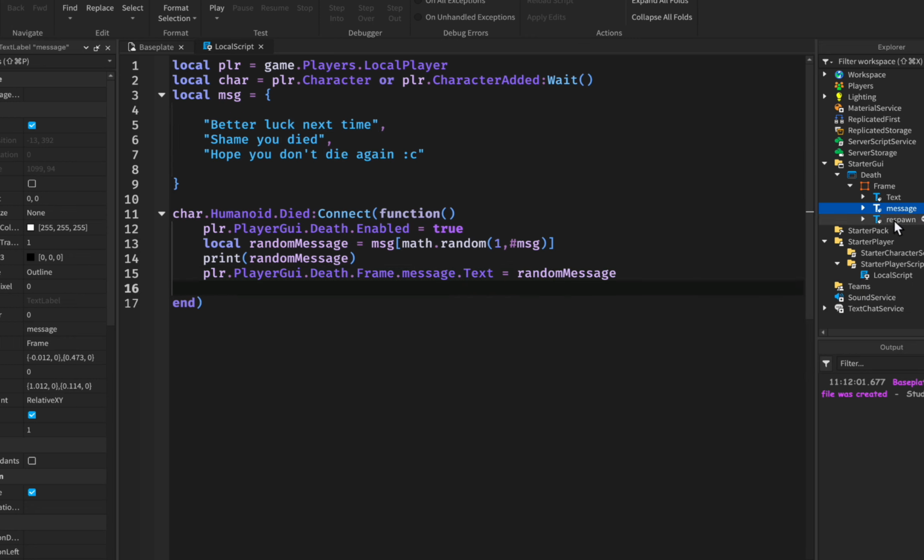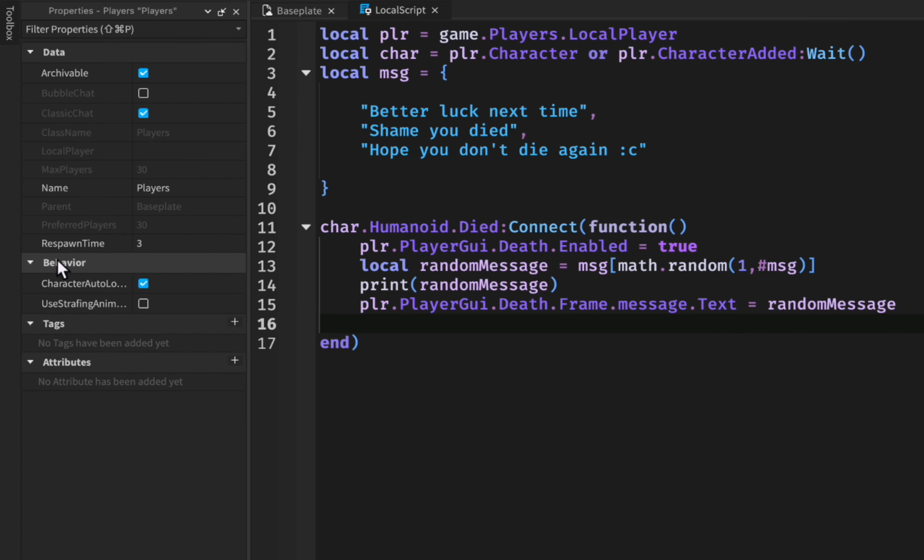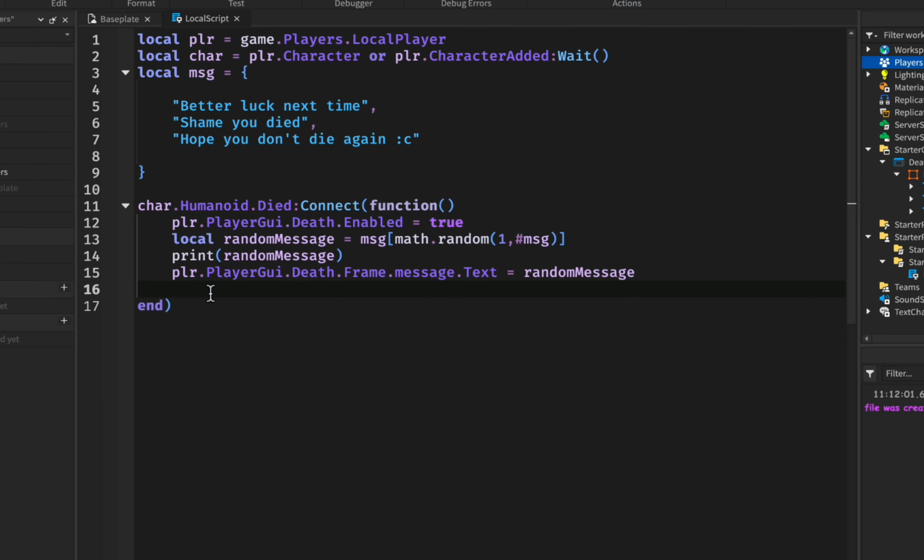And now we need to do our respawn. If we go to our players, it says respawn time of 3, so we can easily get our respawn time by going inside our players and using the property of respawn time. So we can do a loop that goes down from 3. So we can do that by doing for I equals to 1 from 3, because we want to start at